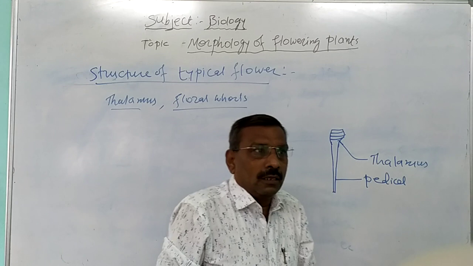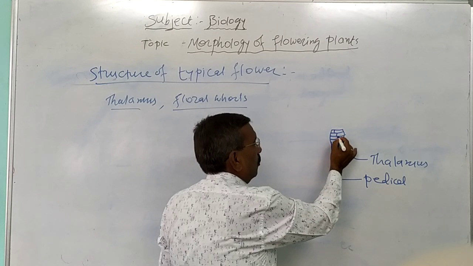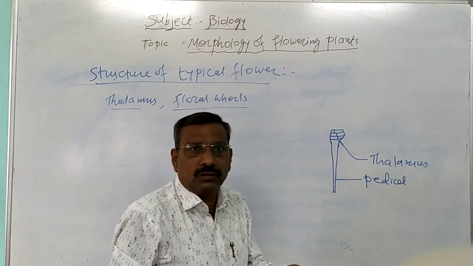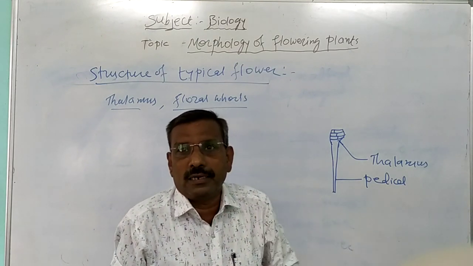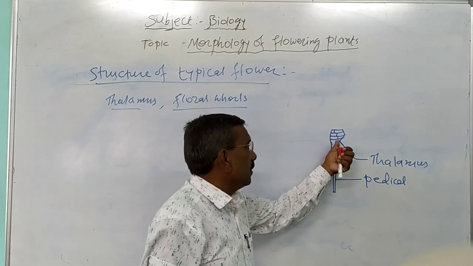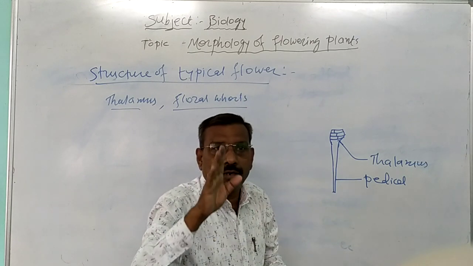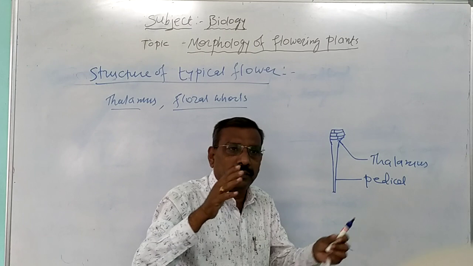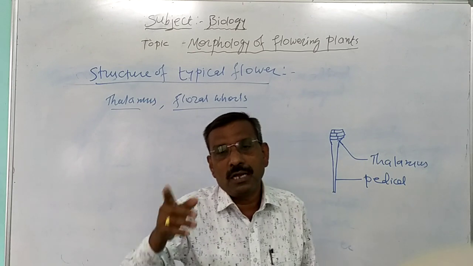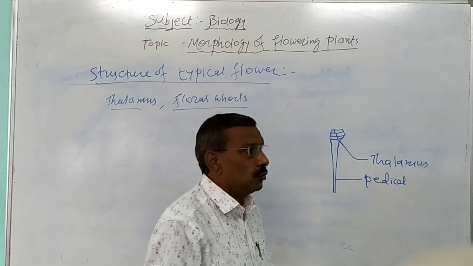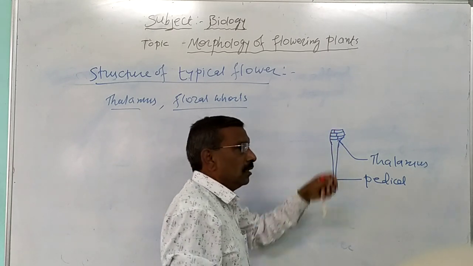These nodes are compactly arranged. Then there are 3 internodes. This is one internode, this is the second internode and a third internode. It consists of 3 very highly condensed internodes. The thalamus is the expanded tip. It consists of 4 nodes and 3 internodes. Internodes are condensed, that is, the internodal distance is highly reduced. Yes, in the definition we have called the flower a highly condensed shoot system. Now this is about a thalamus which consists of 4 nodes and 3 internodes.